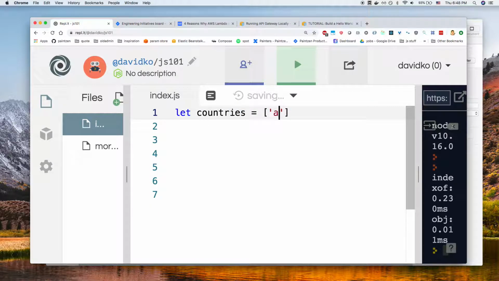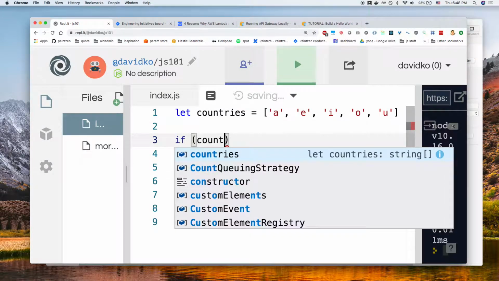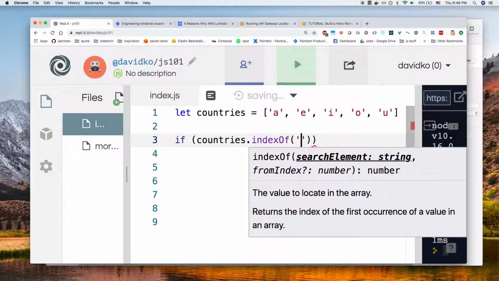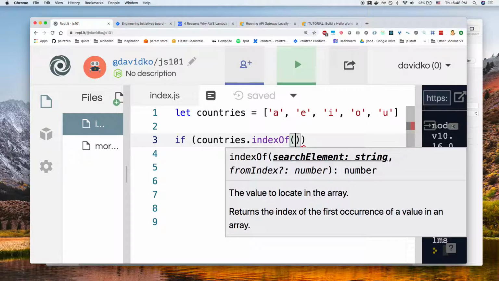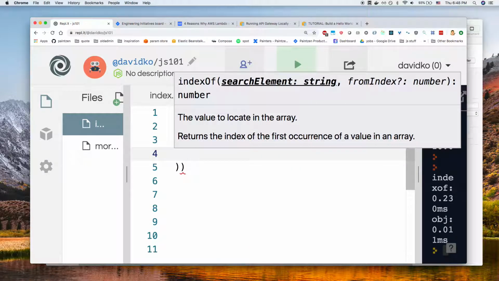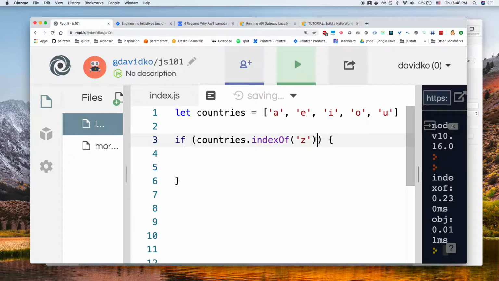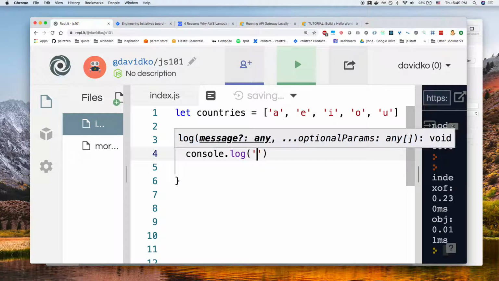Let's say we wanted to count how many vowels are in a string, then you could do something like, if countries.indexOf whatever character, so like if that character was Z, does not equal -1, which means it actually exists,